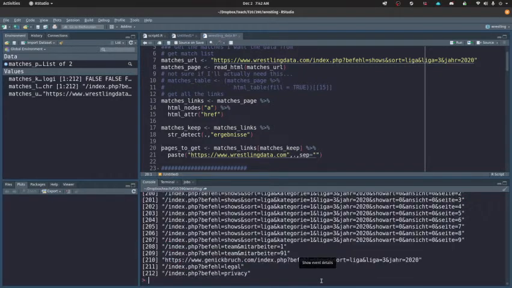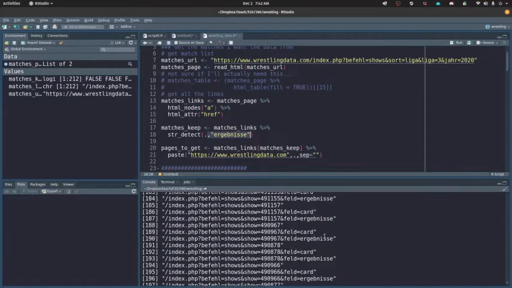matches_links, getting this big mess of links, and I don't want a lot of them. Right? I don't want the privacy page. I should look at the legal page if I'm going to do anything with this, but for now it's just educational. All right, so matches to keep. I'm keeping the links that have the results, right? I don't need the card. I don't need the default page. All three of these go to the same page, but I want to go to the version of the page